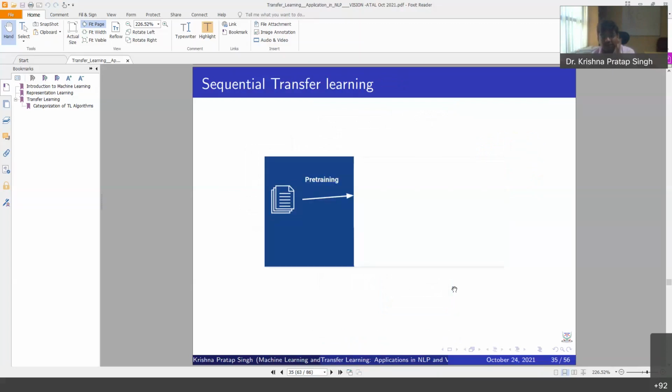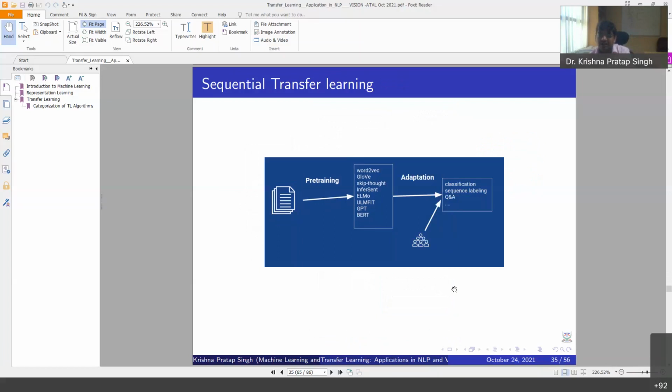So what is happening in sequential transfer learning? Let me do one or two quickly. Pre-training, and then we convert. There are many word2vec and many pre-training language models. We convert to the vector, and then we do the adaptation, classification, labeling, question answering, anywhere, and we do that. This pre-training is word2vec or something, BERT and some models. These models are trained, but most of the data sets where these models are trained are basically mostly on English, but it needs to be